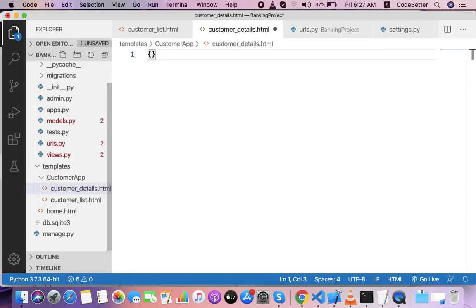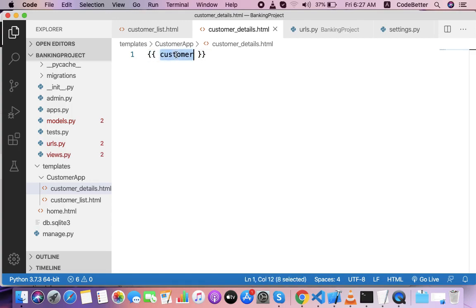For example, assume that we have a customer object. So here we can write customer. Assuming that we have a customer object, we can create an HTML page template where we just want to display that customer object. This is the simple syntax to display that customer object. Anything put in the double brackets will execute and generate the content of that object.